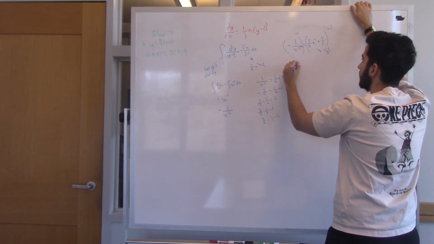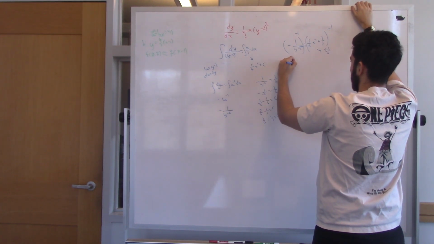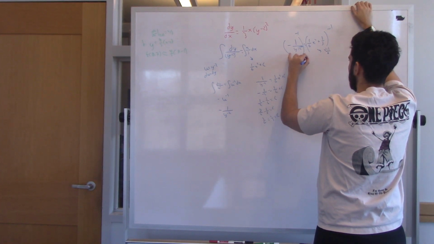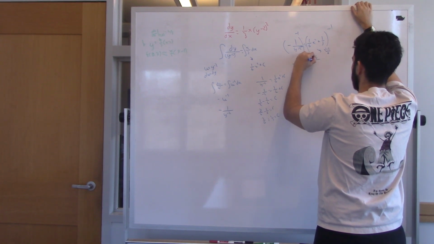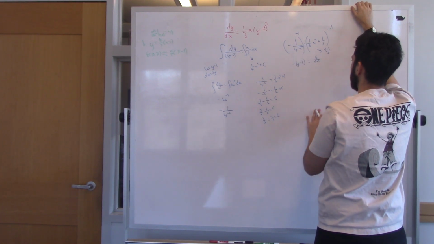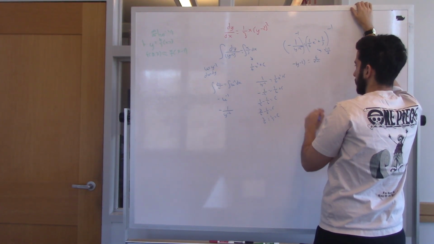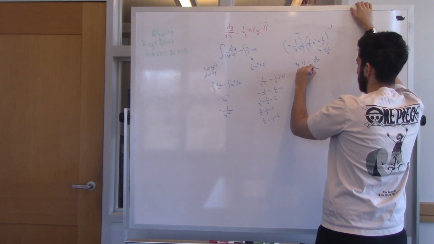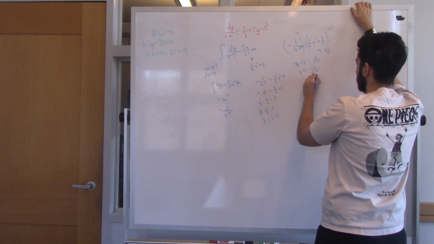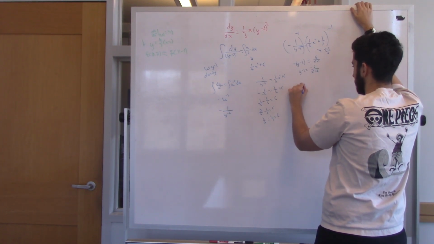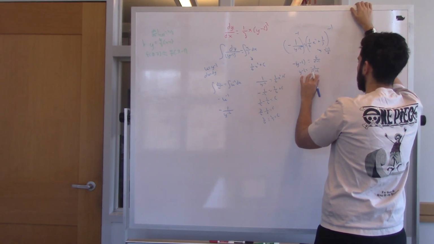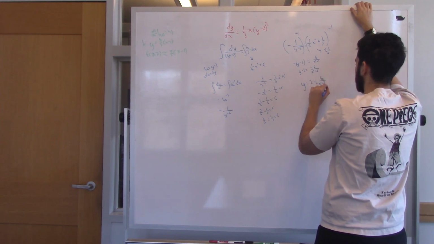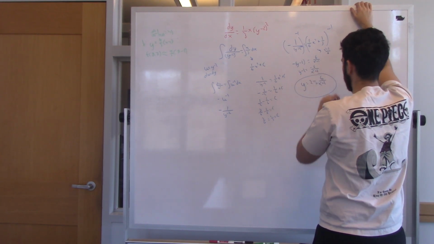Alright? So if we invert everything, we get negative (y minus 2) equals 6 over (x squared plus 2). Alright? Multiply both sides by negative 1, you get y minus 2 equals negative 6 over (x squared plus 2). Add 2, y equals 2 minus 6 over (x squared plus 2), and that is it for this FRQ and